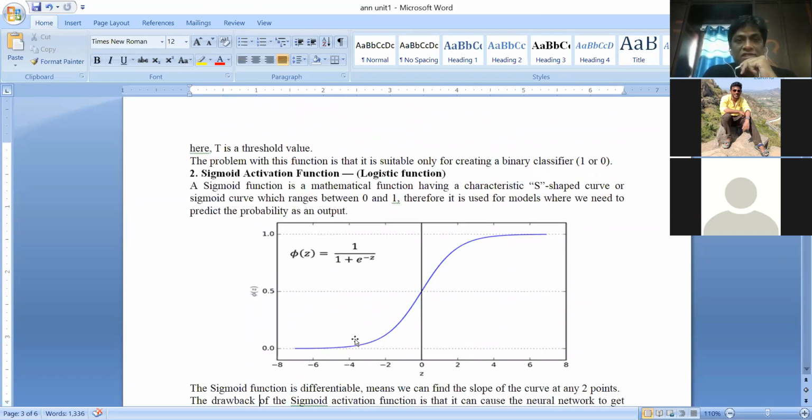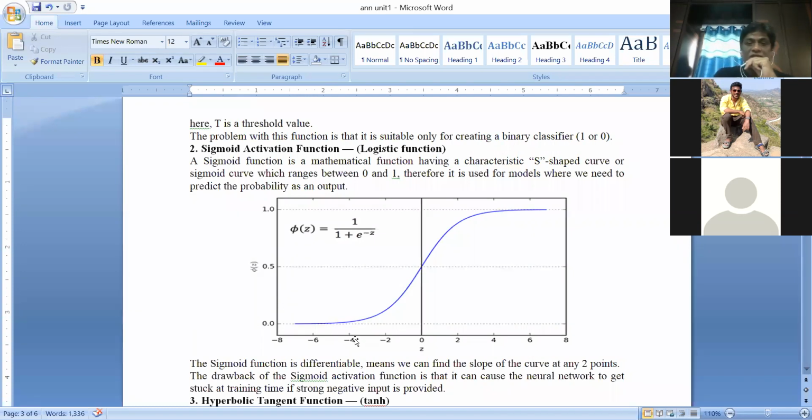And the third one is the sigmoid activation function, which is also called a logistic function. This always produces values between 0 and 1. And the formula for calculating the value of input z when sent through the activation function is 1 by 1 plus e power minus z. Okay. And the graph is shown like this. It is an S-shaped graph. I think we have calculated this graph in our classroom lecture. We can go through it to understand how exactly the sigmoid function generates an S-shaped graph. Right.